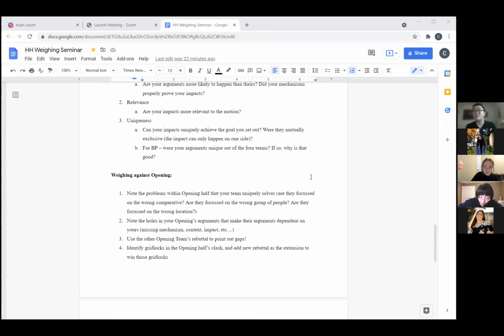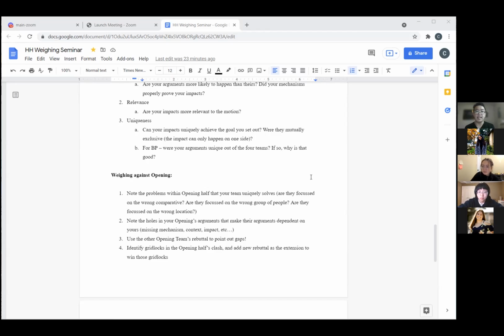And in that instance, you sneakily are using the other opening's refutation against them. This is also a really good way to engage in the debate, right? Because you are proving that at this point, opening opposition is beating OG about something. And then if you refute opening opposition's refutation, or if your extension is impervious to opening opposition's refutation, then you prove that you beat out both of them at the same time. So you're not just weighing against your opening government, you're proving that you're winning the entire clash that is coming out of opening half as a whole.